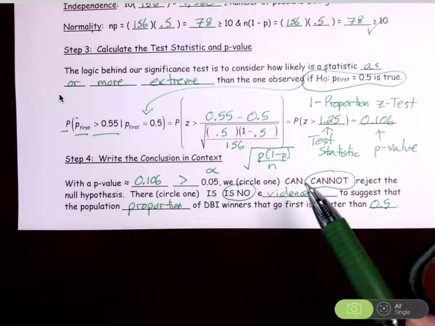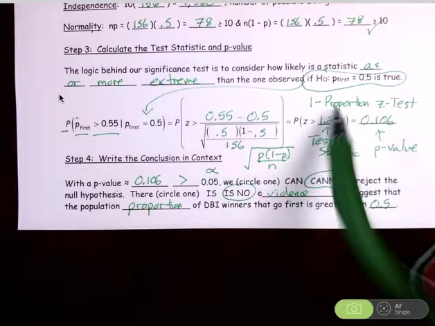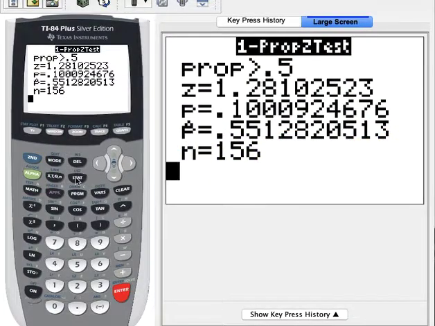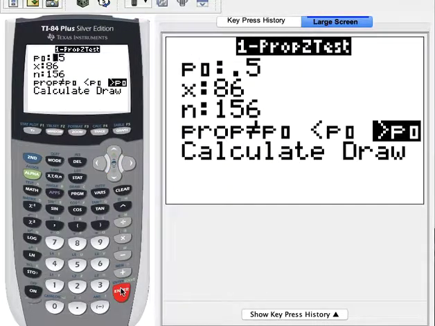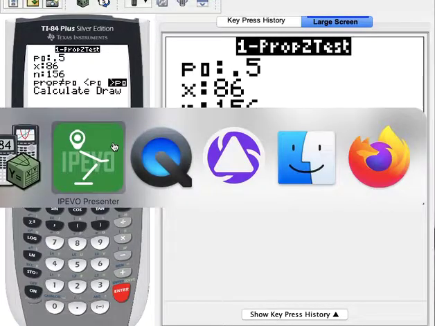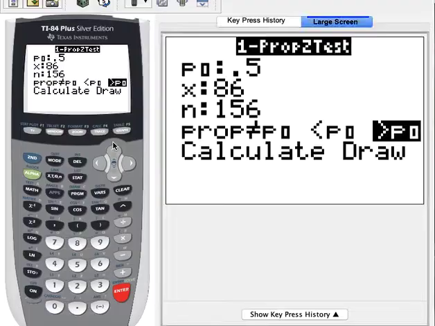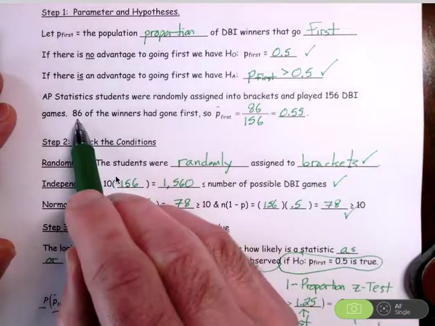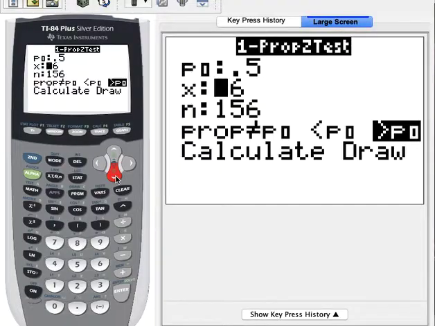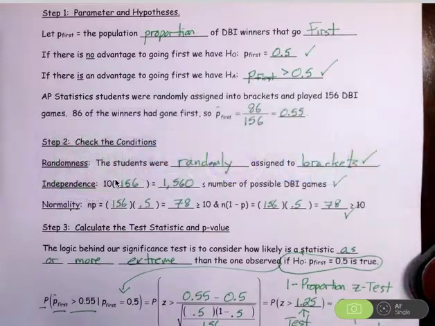So what's important when you use the calculator? Let me review it. This is a 1 proportion z-test. On your calculator, if you press Stat and go to Tests, you want to scroll down to 1-PropZTest. For the 1 proportion z-test, the first thing you enter is the null hypothesis value. Our null hypothesis value was right here, the 0.5. The next thing that you have to enter is the number of successes. The number of successes we had was 86. The next thing you have to enter is the number of trials. The number of trials we had was